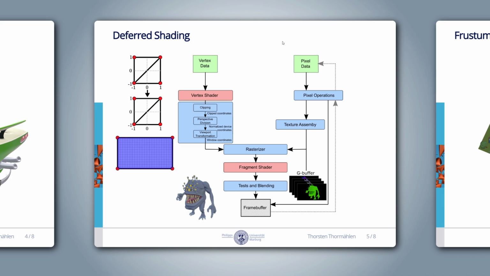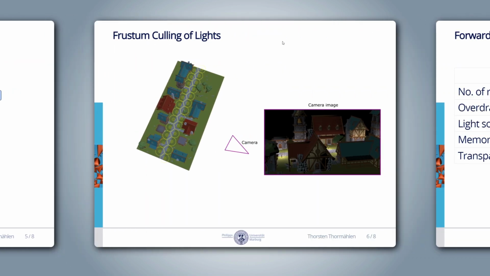The big advantage here is that we have no more problems with overdraw. At least not in the second render pass, because the depth test in the first pass ensures that we only keep the closest surface for each pixel. This is a clear advantage compared to forward rendering. A disadvantage of deferred shading is that we need some additional texture memory to store the G-buffer. Another disadvantage is that the texture units have to perform more read and write operations.